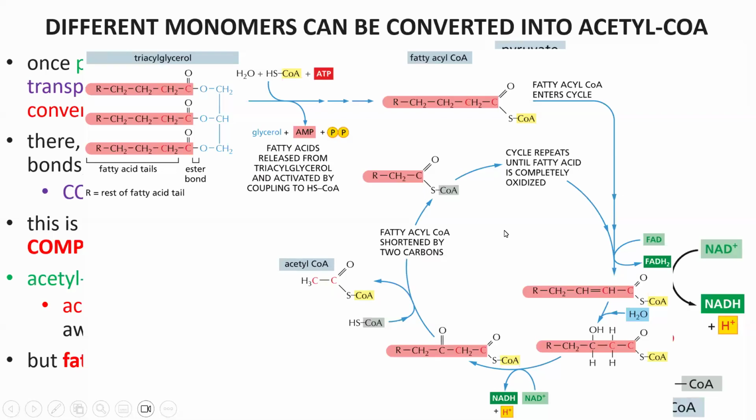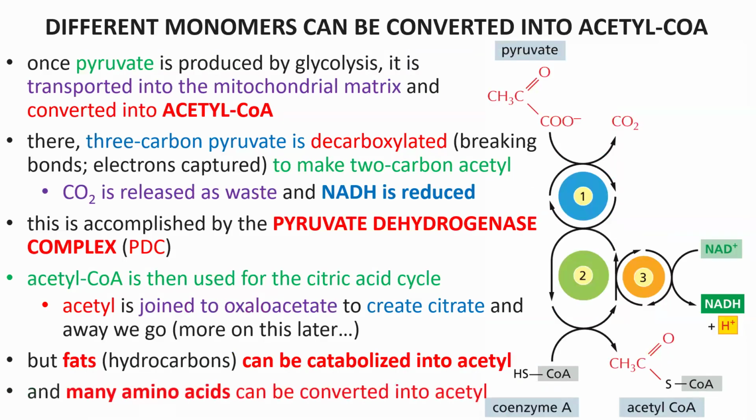This is beta oxidation. And just to have a sense of it, in beta oxidation, electrons are being stolen onto FAD, and quickly they're transferred to NAD. Electrons are being stolen and put on NAD. And then ultimately, as we do that again and again and again, hydrocarbon by hydrocarbon by hydrocarbon, we make acetyl, and we link that acetyl to CoA. So even in beta oxidation, the breakdown of fats, we're breaking bonds, stealing electrons, and ultimately making acetyl. Same general premise as what we just saw for glucose.